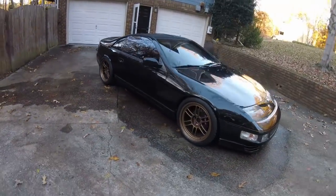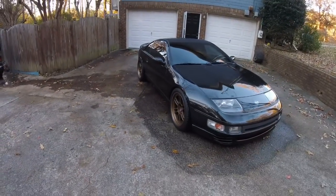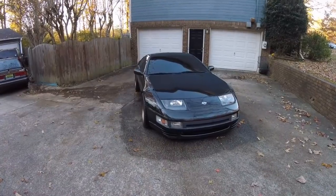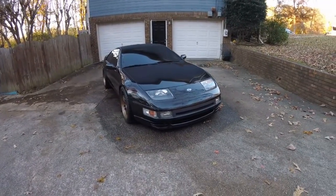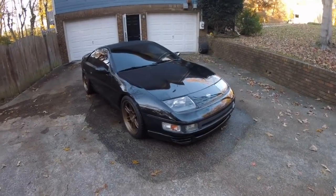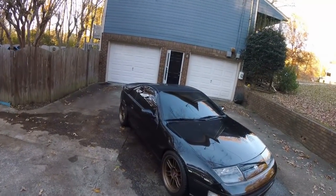Take you around front here. As far as exterior mods, it still has the factory twin turbo front. We'll probably eventually put a J-spec front on here. It does have the J-spec turn signals though for this bumper. It is a T-top car